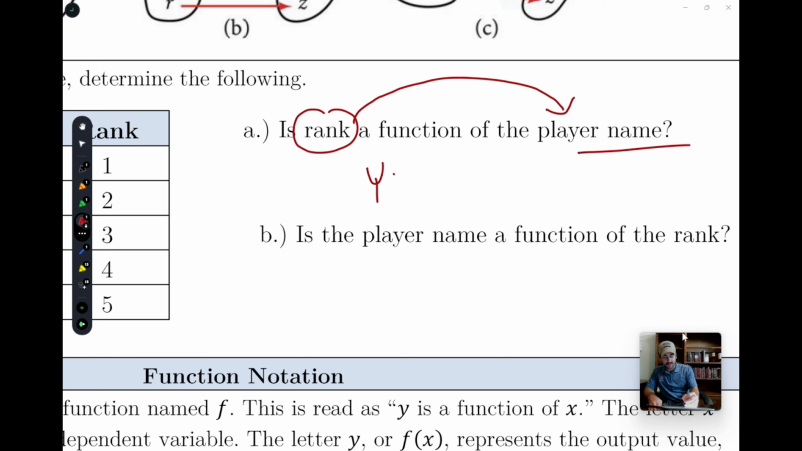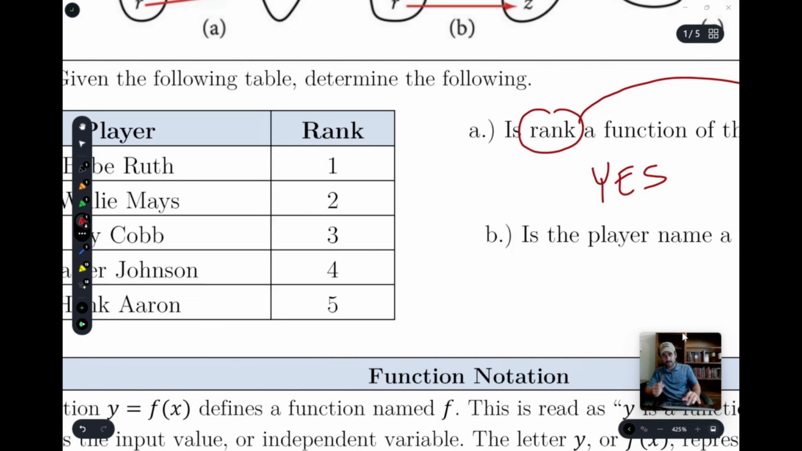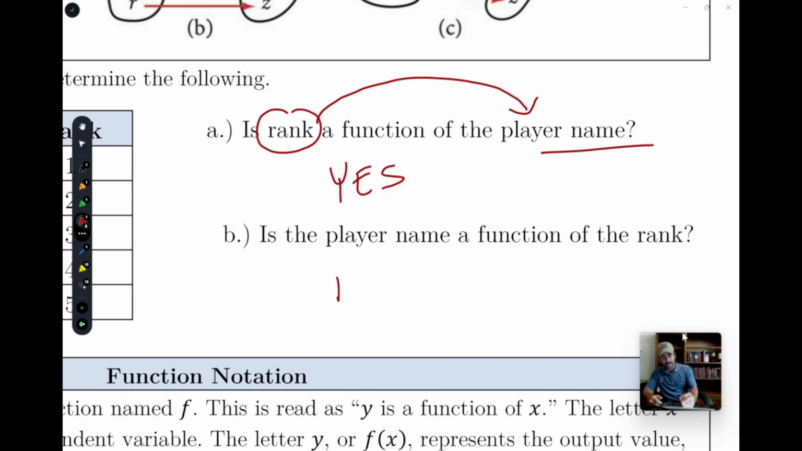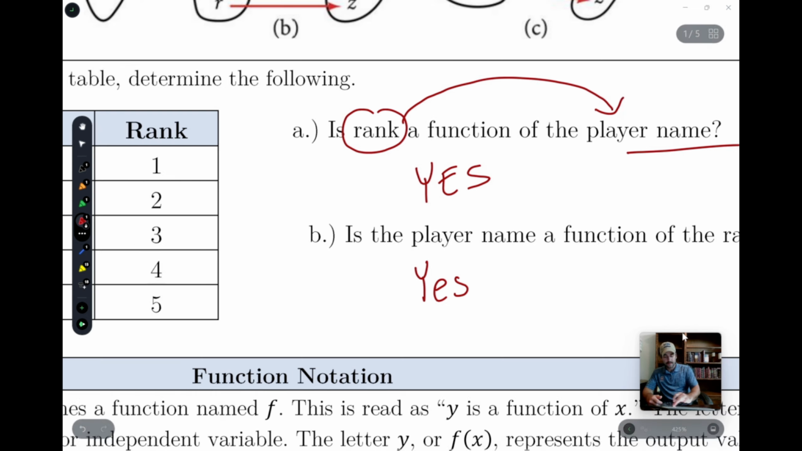So yes, it's a function. But then what if we go backwards? For the baseball player, can you tell me the rank? And if you look at the graph, for every baseball player, you can tell me the rank. So yes, it's a function both ways, which means, here, wait, I'm gonna do this in a different color